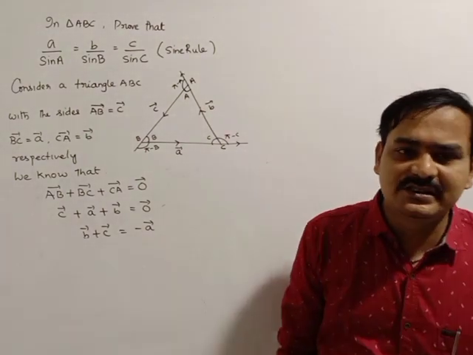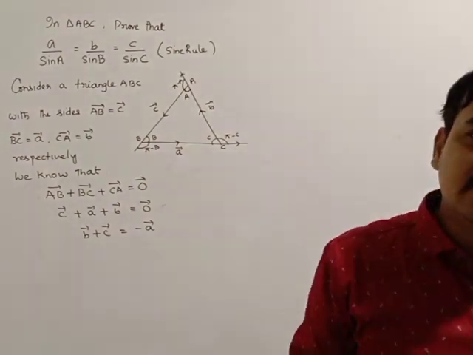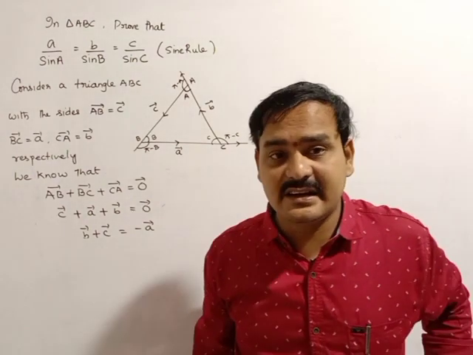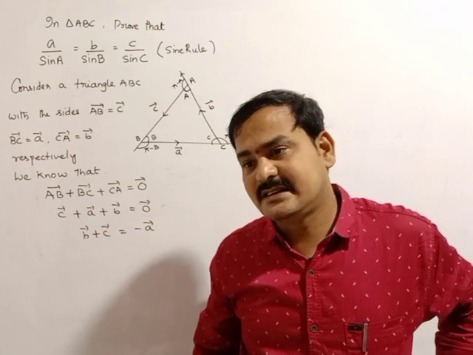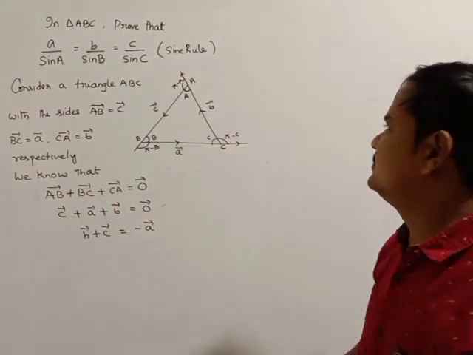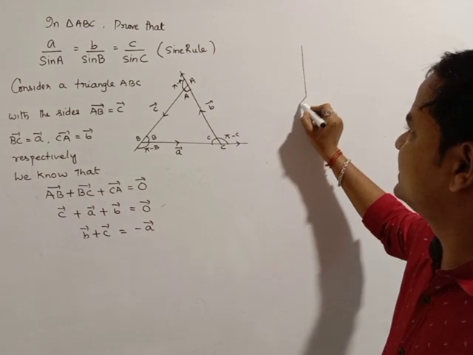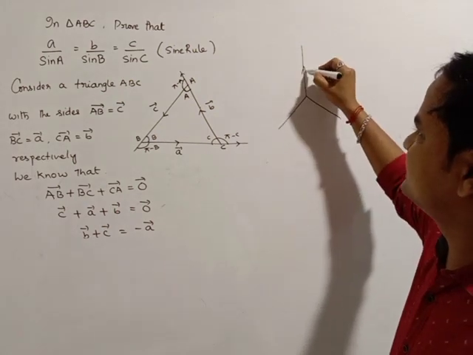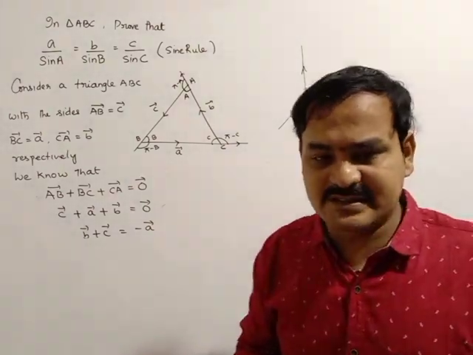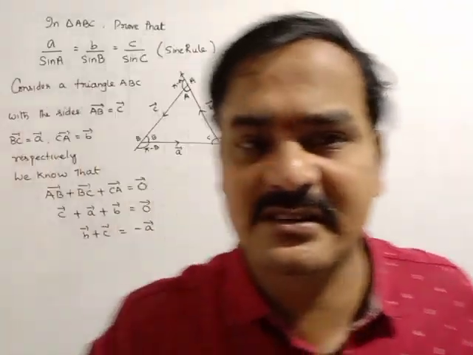This sine rule you discussed in first year, in both physics and mathematics. In mathematics you discuss it in properties of triangles, and in physics it is called Lami's rule. In physics you can draw a diagram like this, with one vector A bar and B bar and C bar, summation. Lami's theorem is very important for physics also in first year.